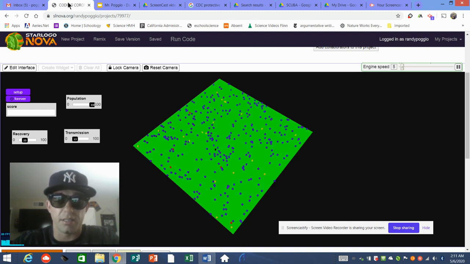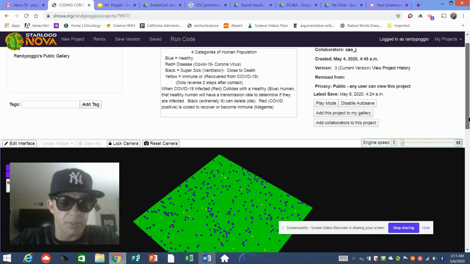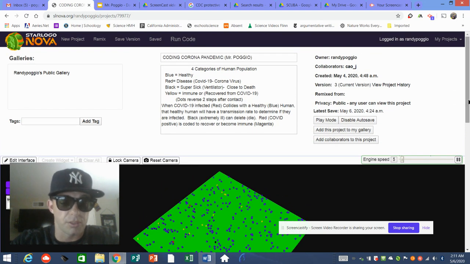Please understand that this is a simulated model and is speculative in nature, supported by Mr. Poggio's research. This is not what I want, nor am I an expert. I just think this is more than ever the time to science. So I coded 2 red or infected agents, which represents less than 1% of the population, to start. I believe that coronavirus was present even likely before 2020.